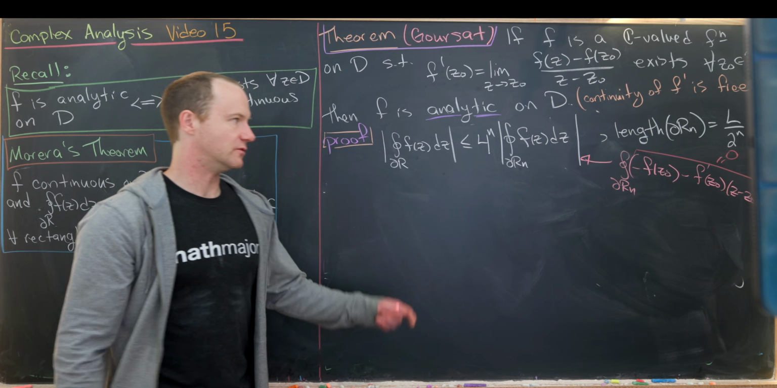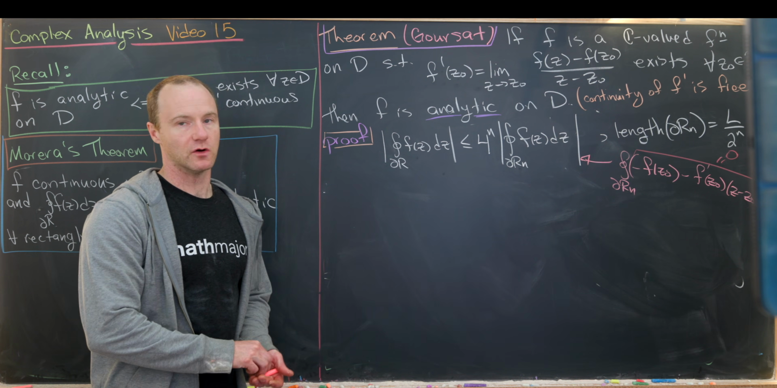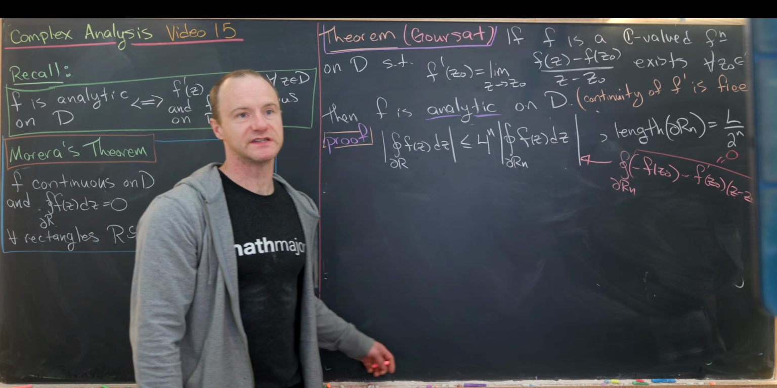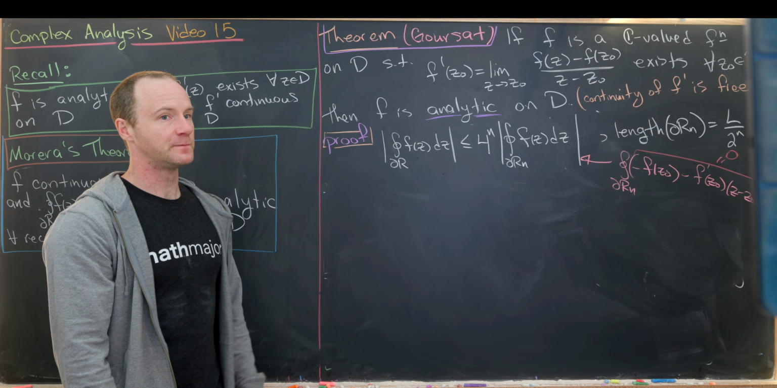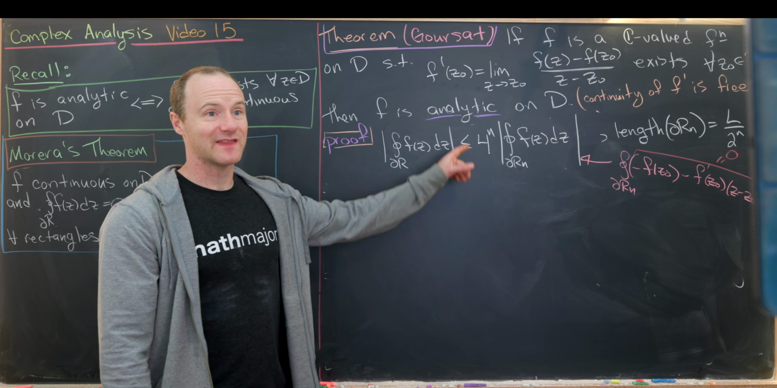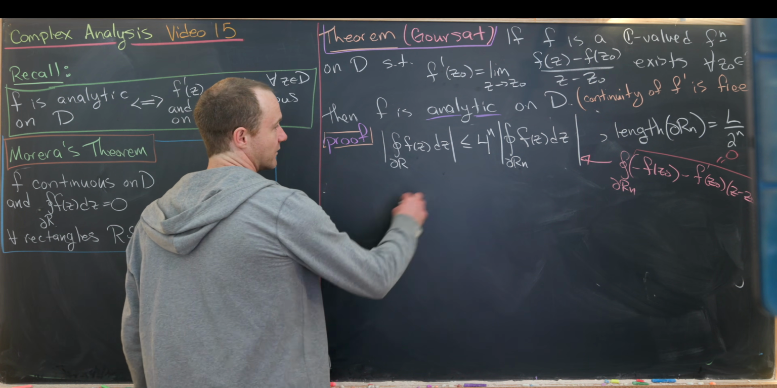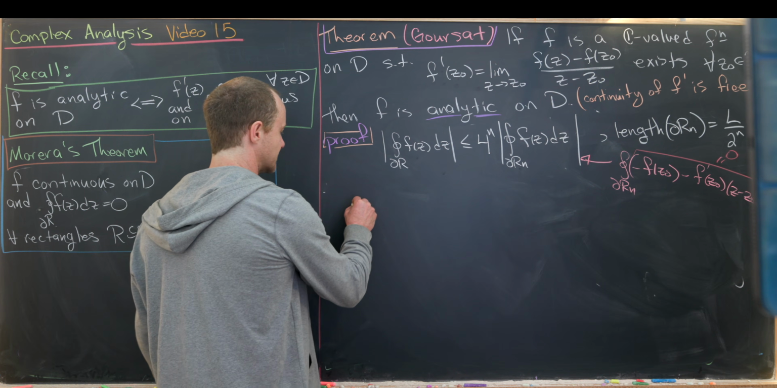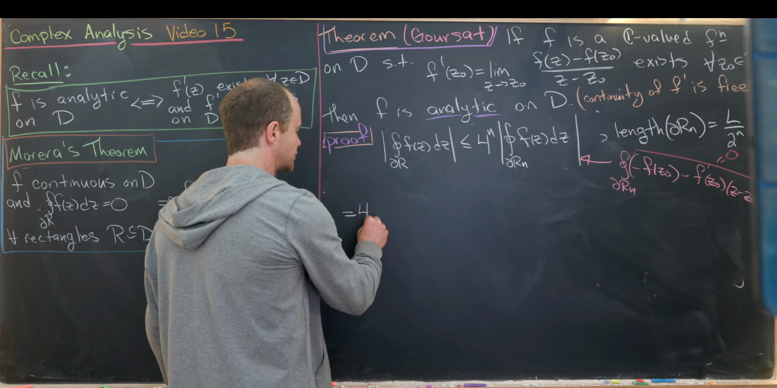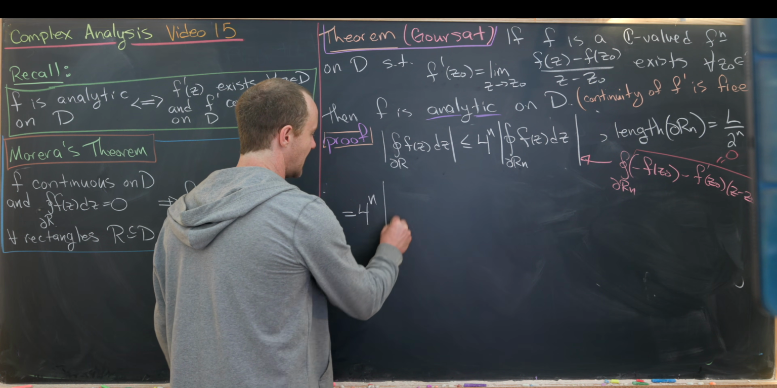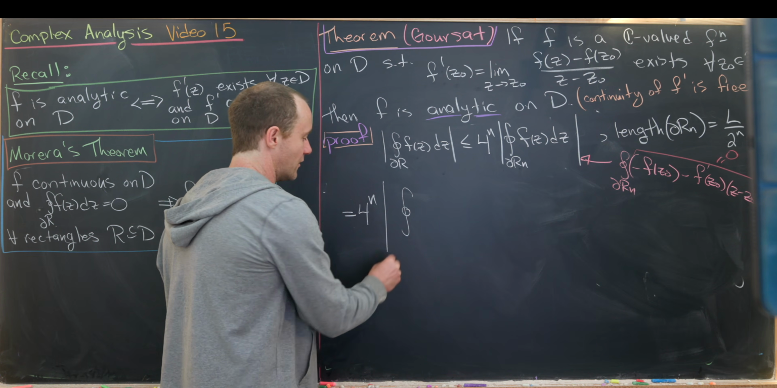And whenever you integrate an analytic function over a closed curve, you always get 0. So that's Cauchy's theorem. Okay, so adding that in, we get the following. So that's inside of the modulus. So that means this is going to be equal to 4 to the n times the integral over the boundary